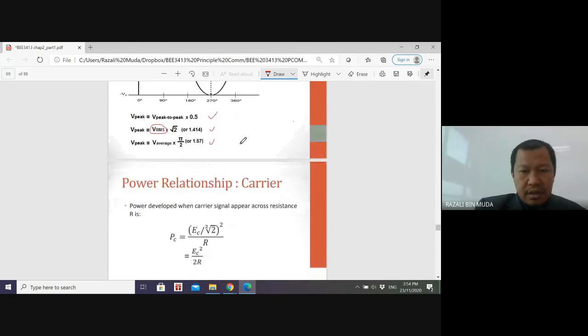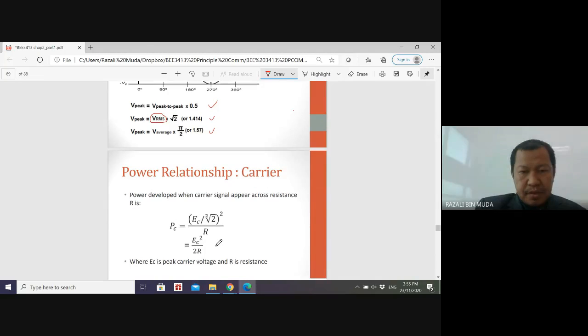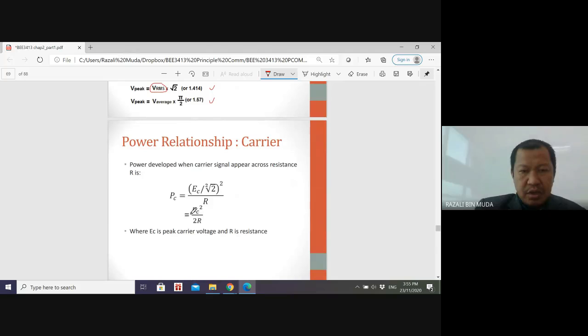PC is V RMS square over R. So rearrange the equation, we get AC square over 2R, because these two, 2 multiplied by 2, so it becomes 2. The R remains, so PC equals AC square over 2R, where AC is the peak carrier voltage and R is